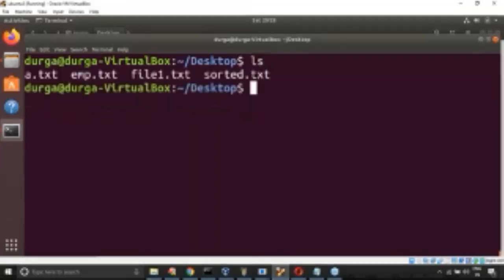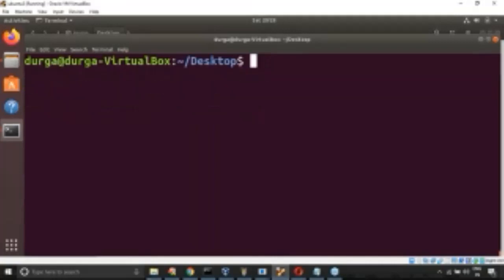Sir, ls, there is no output.txt. Okay, what do I have to take? Cat 1. What is the standard output redirection? Standard output is always associated with 1 greater than symbol. Remember this one. So 1 greater than symbol, output.txt. Enter. Now observe. This cat command will take input from the standard input device, but the output won't display to the terminal. Now the output is redirected from terminal to output.txt.